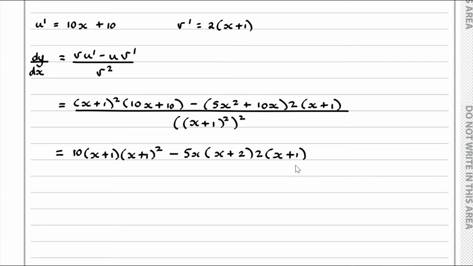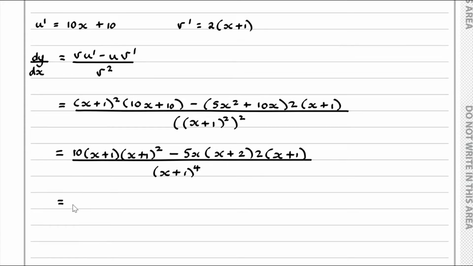And then on the bottom, x plus 1 all squared, well here we have a power raised to another power, so we multiply the powers. So on the bottom we have x plus 1 to the power of 4. Okay, and if we tidy this up a bit further, hopefully you can see